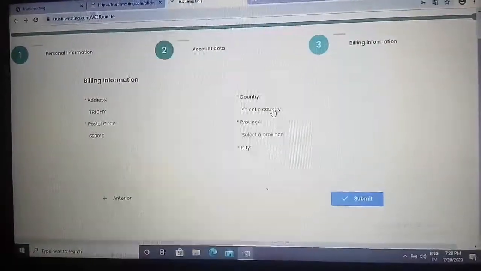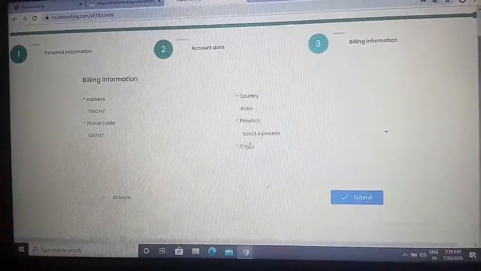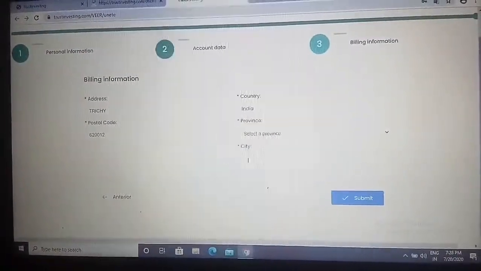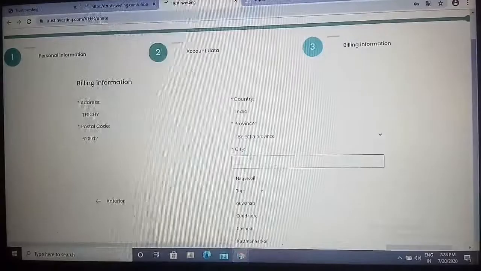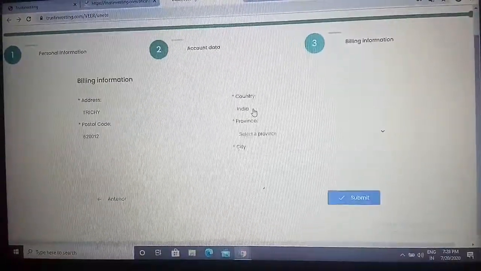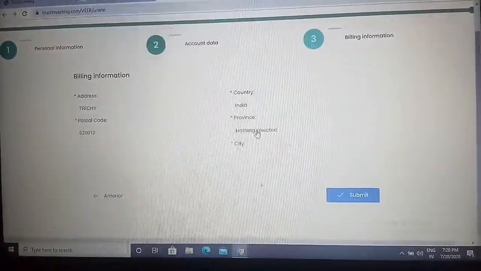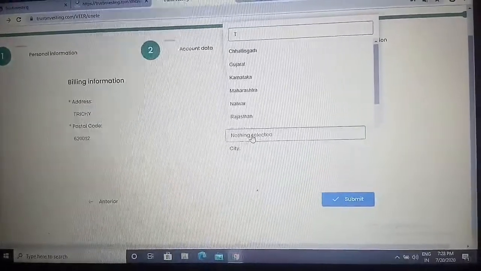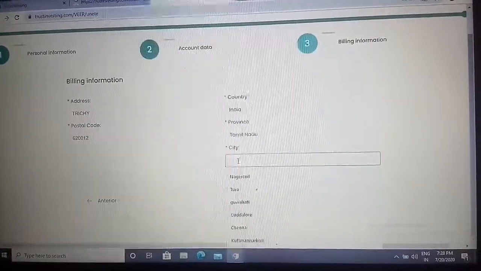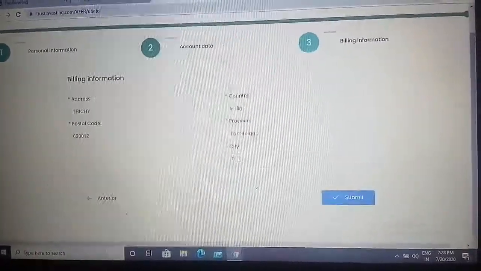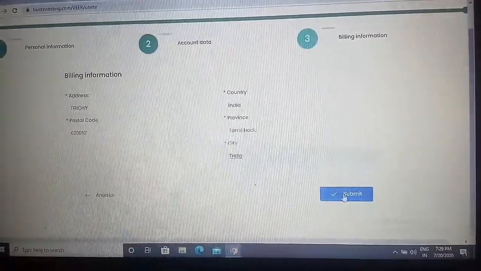Now country, India, you select from here, and then state, from here you select Tamil Nadu. Then city, Trichy. Now submit.